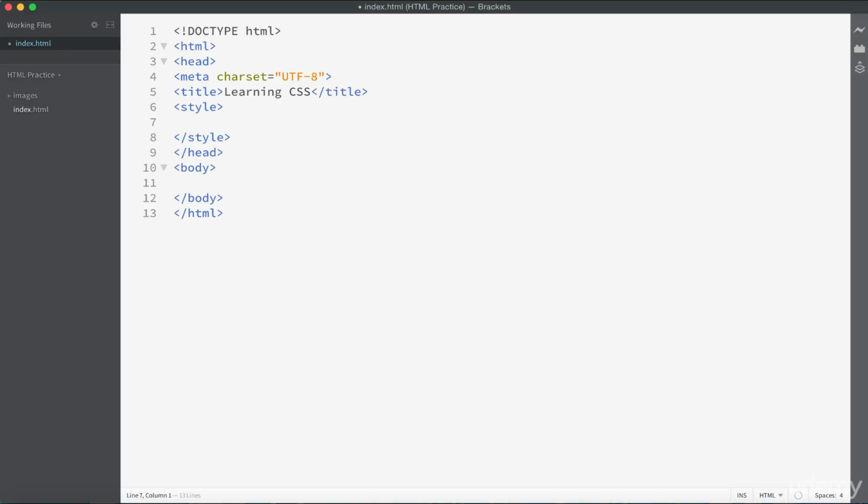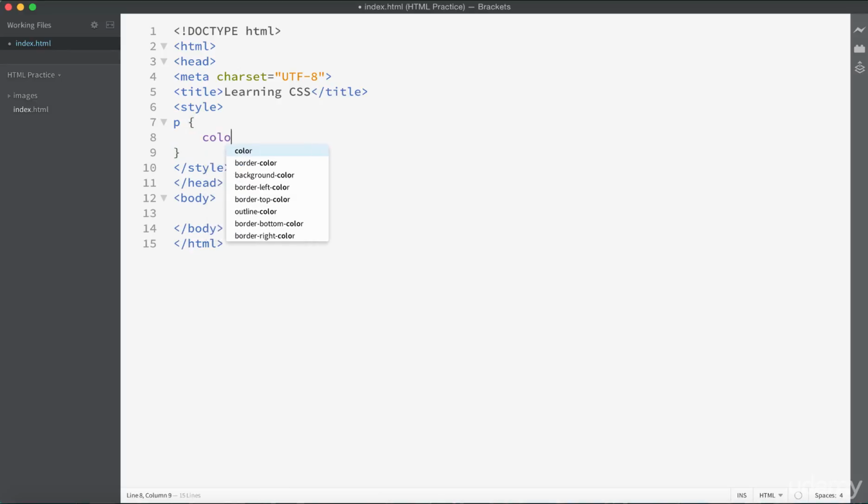So we could go ahead and add whatever we want here. I'm just going to do a quick, maybe I'll do paragraph style. I'm going to use brackets here, close that, and then we'll do color. One of the simplest ones, and we'll do, how about Alice Blue? Now essentially what this is doing is this is going to take any paragraph, so anytime we specify a paragraph with our p tag, it's going to take the text color, so color means text color,